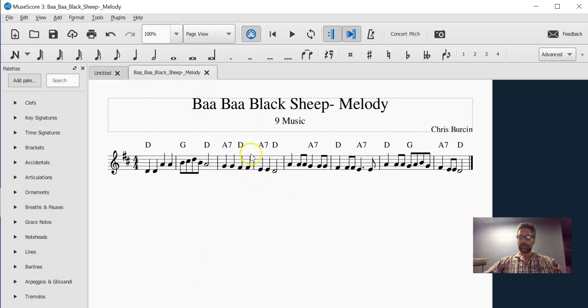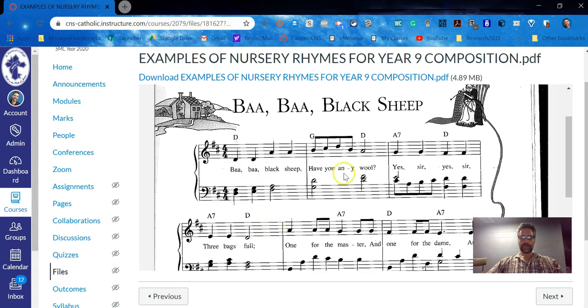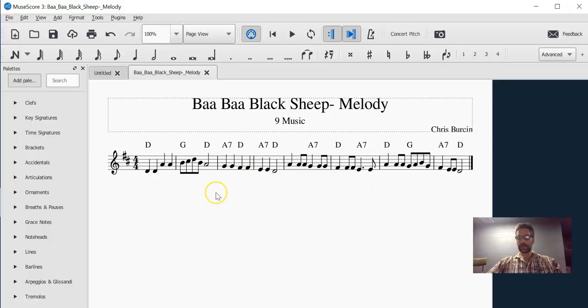Now this is our main melody, and we need to submit this with our final work. You can put the lyrics in there if you intend to use them. Maybe you don't intend to use them, so you don't need to have those lyrics. Now I've been saving this along the way, and rather than reinvent the wheel, I'm going to keep this here,